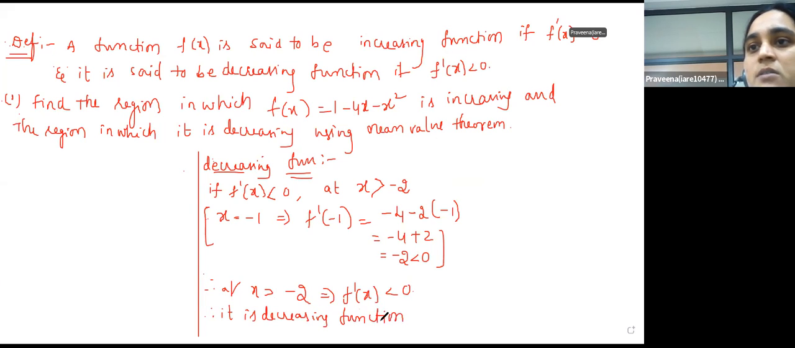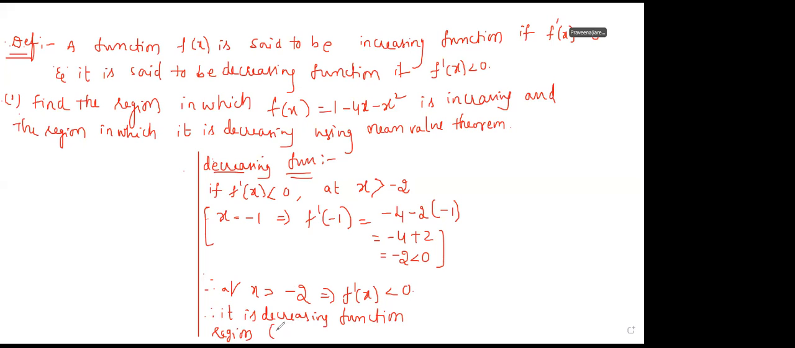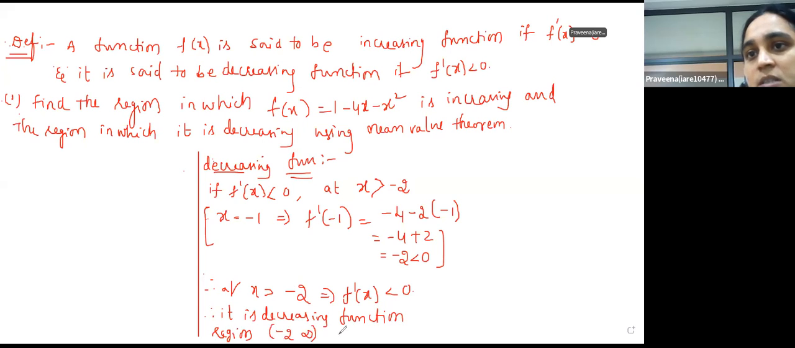Therefore what is the region? Tell me. x greater than -2 values, what do they come to? -1, 0, 1, 2, 3 and so on up to infinity. That means -2 to infinity is the region for the decreasing function. Okay, note down this. Some other examples are